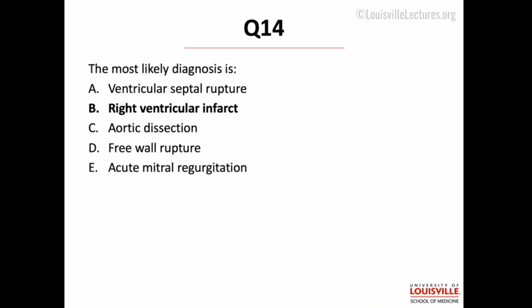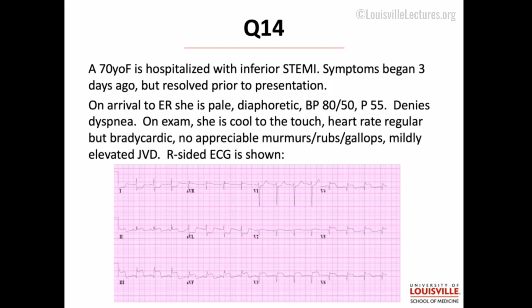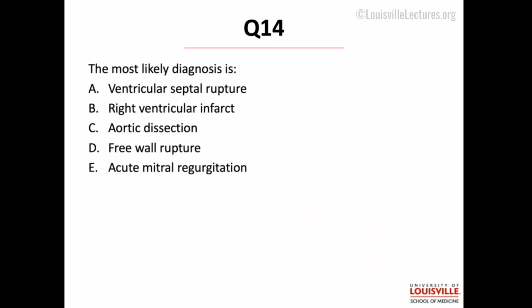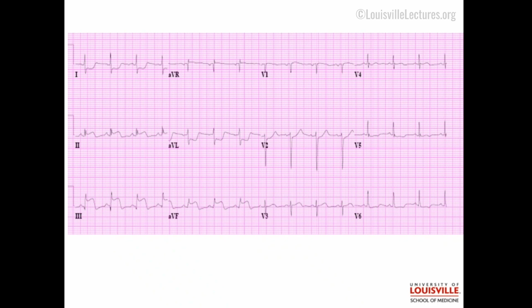So this is trying to indicate a right ventricular infarct. So inferior STEMI, okay, that's making us already think about the RCA. She is pukey, nasty, hypotensive, feels bad, bradycardic, cool to the touch. A right-sided ECG is very useful, and what you really want to be looking at is V4R. This is where you just switch the precordial leads and put them over to the other side. This ST elevation in V4R is very predictive of a right ventricular infarct, okay?